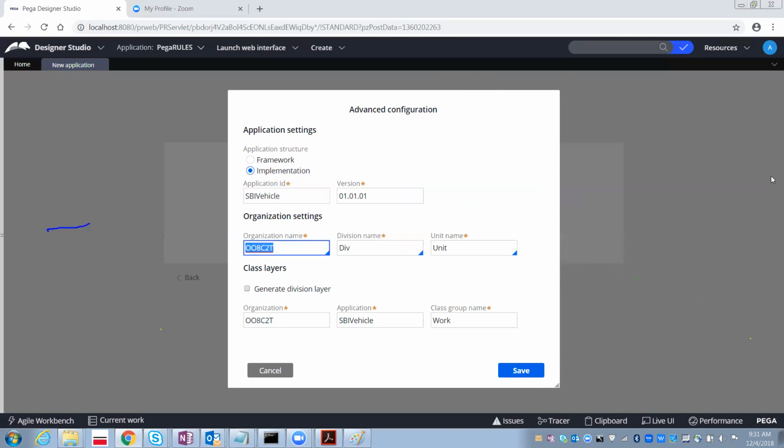Again, change this organization name for the SBI organization only. And what is this division and unit? I already told you, right? So now you select that one. SBI vehicle division.